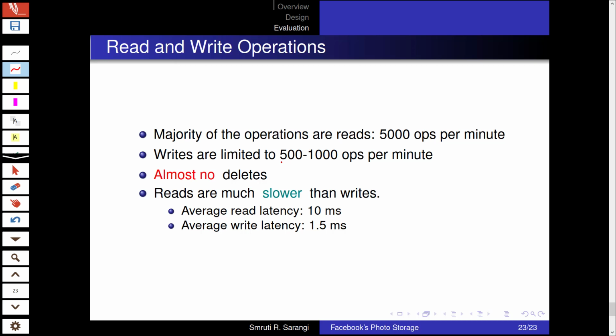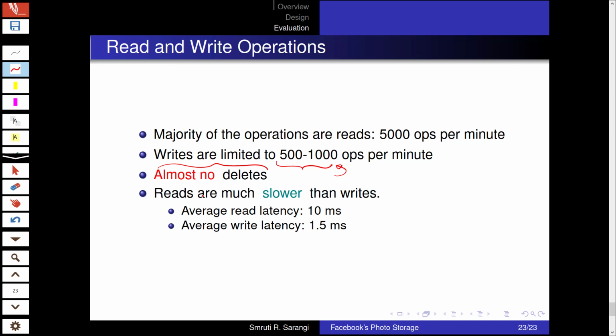The writes, in comparison, or uploads, are far fewer, and as you have seen, an upload is also a more expensive operation because we need to give it a logical volume, and then multiple writes have to be done to the physical volume. And given every photo, we have to generate 4 versions of it. So all of that requires effort and time, but thankfully writes are not as frequent as reads, and there are almost no deletes, in the sense deletes are few and infrequent. We can deal with them.